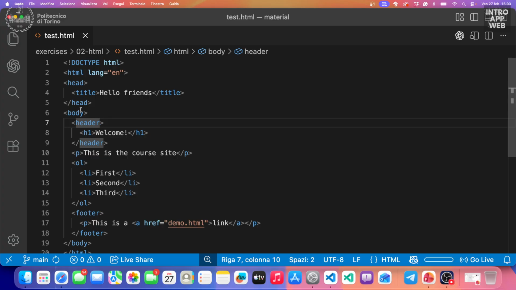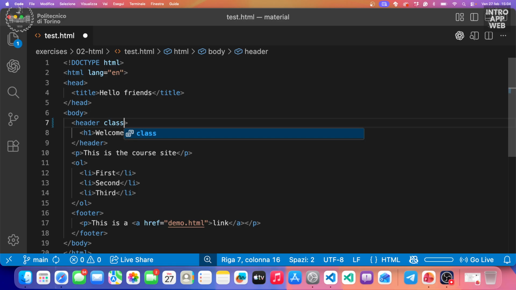Last time we saw that the things that are in the head are not visible in the graphical interface. It is some metadata, like the title of the website, but it is not something that is being shown. But what I told you before is that I can, for instance, here in the header, add something like